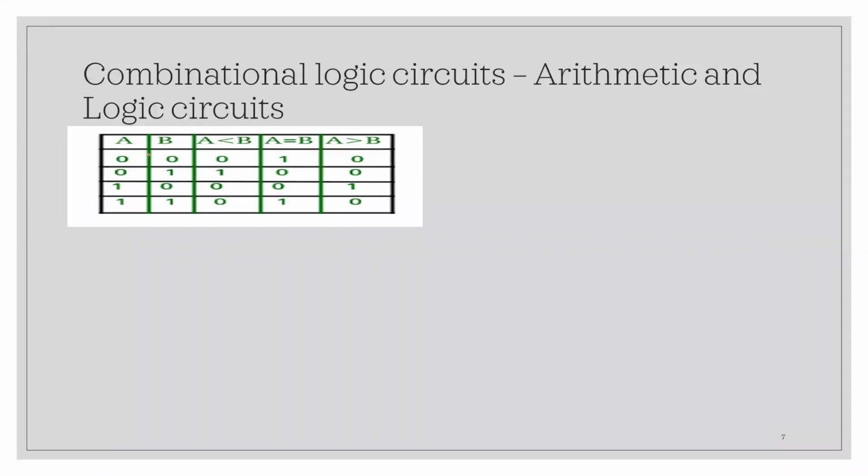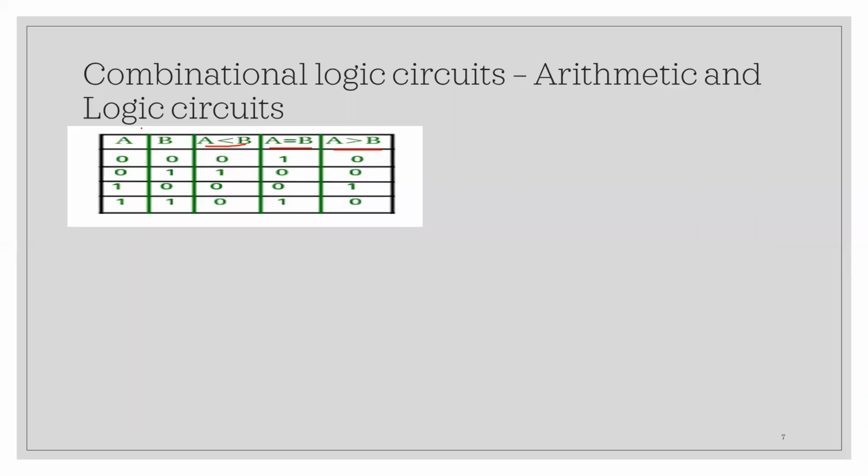Now coming to the next part, the comparator. Here this is a 1-bit comparator you're looking at. How do you compare in your decimal form, right? Whether number 5 is equal to number 5, whether true or false. If it is false, then what? There are 3 conditions. Either the 2 numbers are less, or the 2 numbers are equal, or the 2 numbers are greater. So these are 3 possible conditions. If I give you any numbers, you should be able to specify what it is.